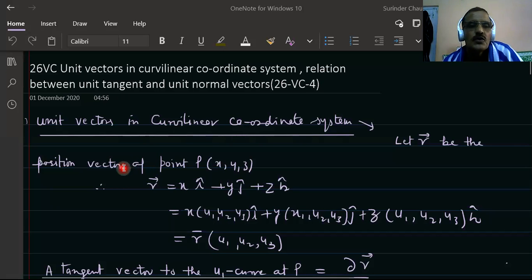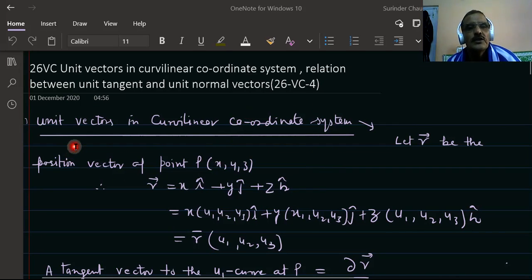Hello students, in the previous lectures we had discussed how to convert a problem from the rectangular coordinate system into a curvilinear coordinate system, and we can convert them if the Jacobian of x, y, z with respect to u, v is non-zero, meaning they are independent. Then we can convert a problem from Cartesian to curvilinear or Cartesian to Cartesian coordinates.